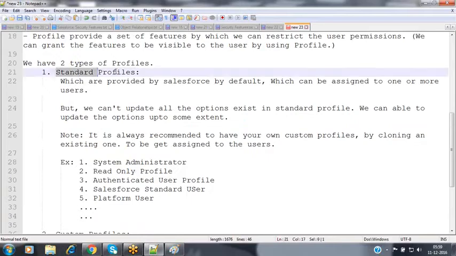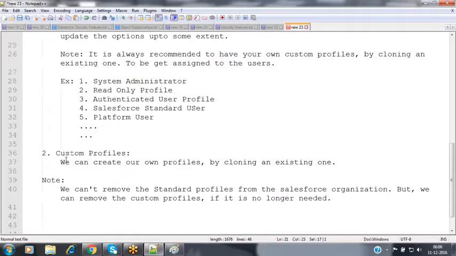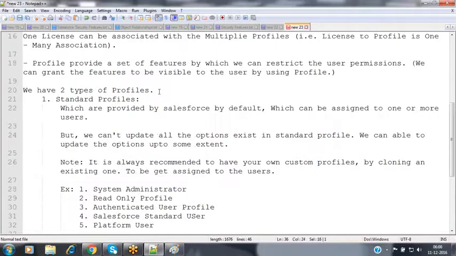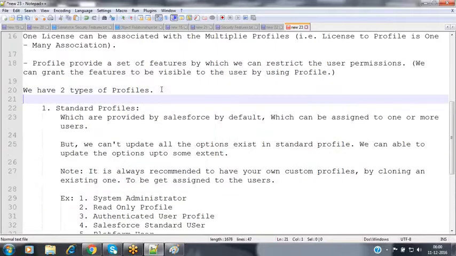Those are nothing but the standard profiles and the custom profiles. These are the two types of profiles available in Salesforce. So by default, Salesforce provides some set of profiles which we can assign to one or more users.